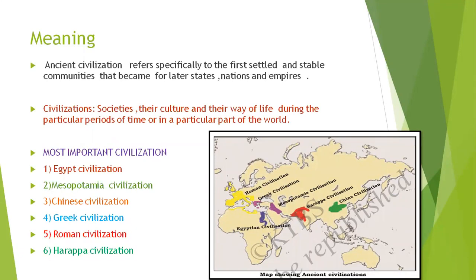First, we have to learn what is an ancient civilization. Ancient civilization refers specifically to the first settled and stable community that became later states, nations and empires. Stable means they settled in one place and survived as a community. First it will be a community, small groups, afterwards it becomes states, and afterwards nations, and